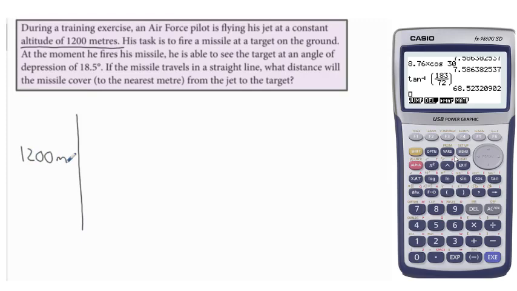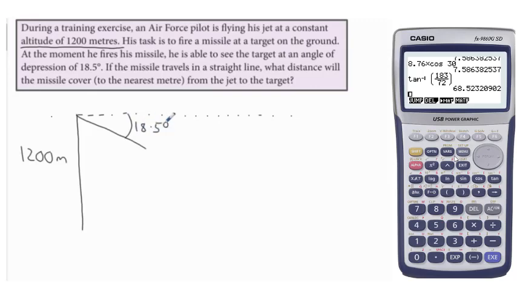Okay, so then the angle of depression. Say we had the horizontal here, and imagine a plane flying along a horizontal trajectory. The angle of depression, this one here, is the amount you need to turn off the horizontal. If it's elevation, it's up. If it's depression, it's down. So this is